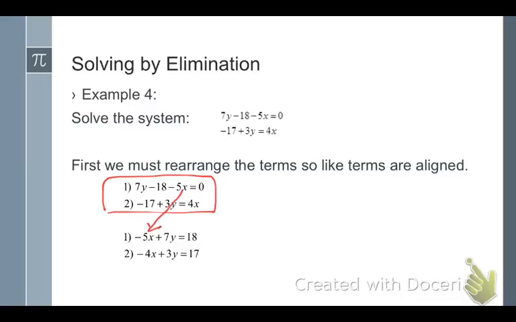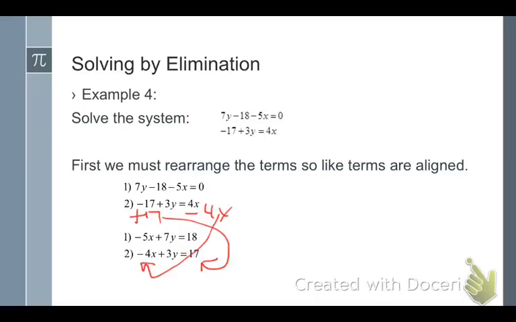So that negative 5x stays there. I added 18 to both sides to put that over there, and I just moved the 7y. So that's how that went on that first equation. And on the second equation, I add 17 to both sides, and that has the effect of putting that over there. I subtract the 4x to get it over to the other side, and that goes over there, and then the 3y just stayed there. So now what I have is